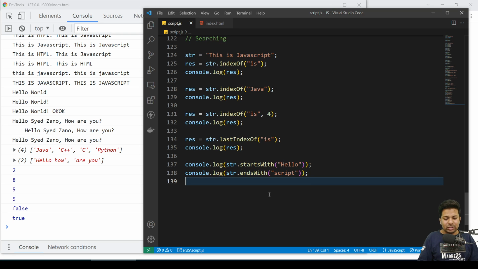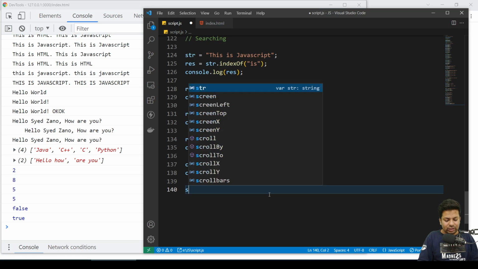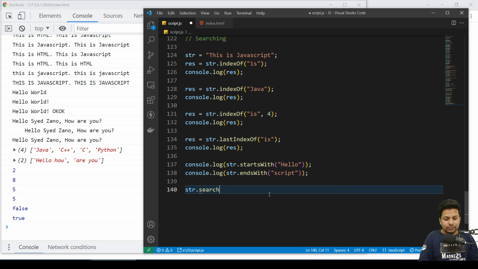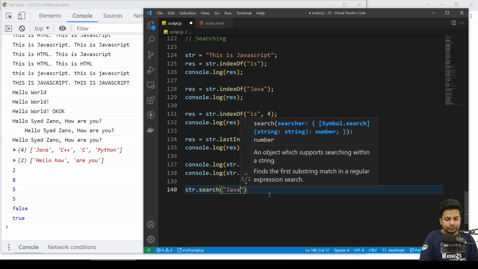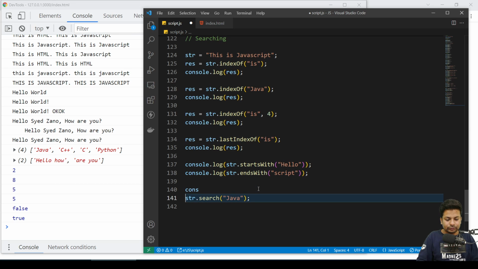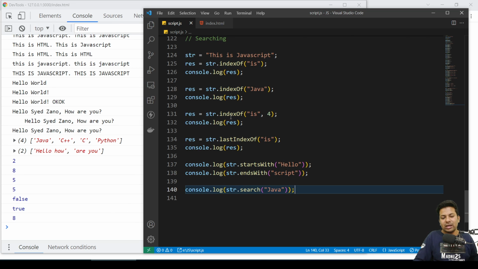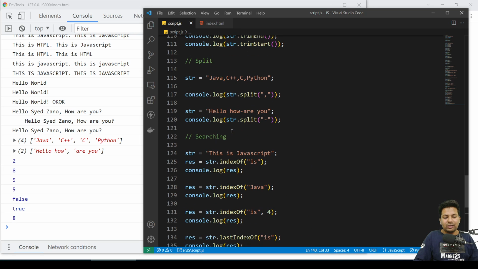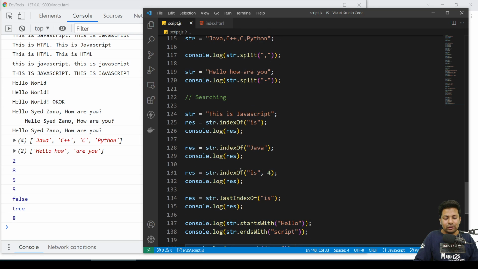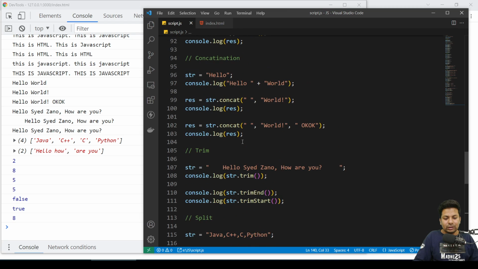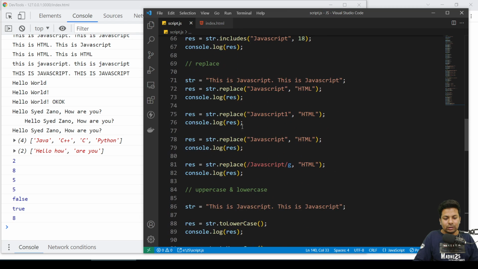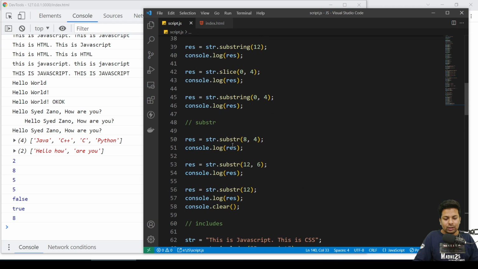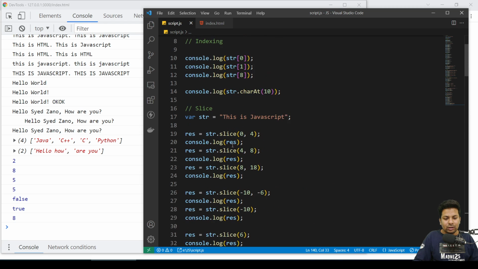Then you have something called search, so you can say str.search. You say Java, and you just console it. See, 8. So it's the same as indexOf.